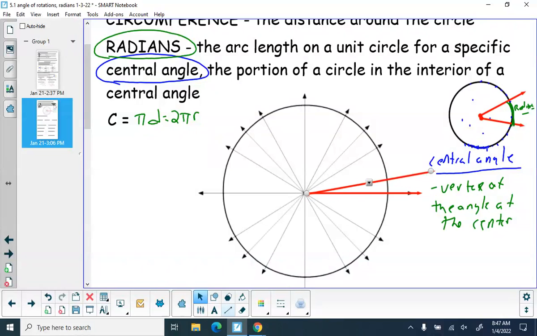Okay, so I started here and I rotated here. What would be in the interior of that angle would be